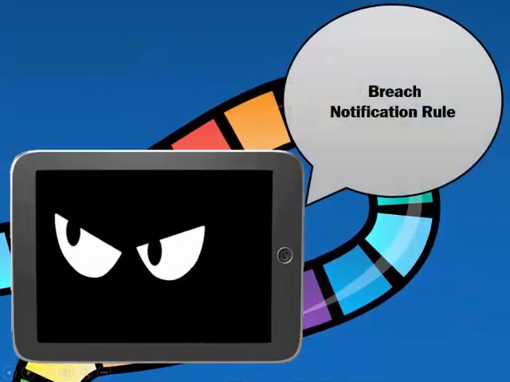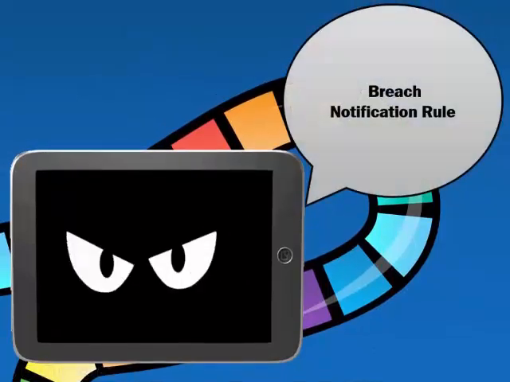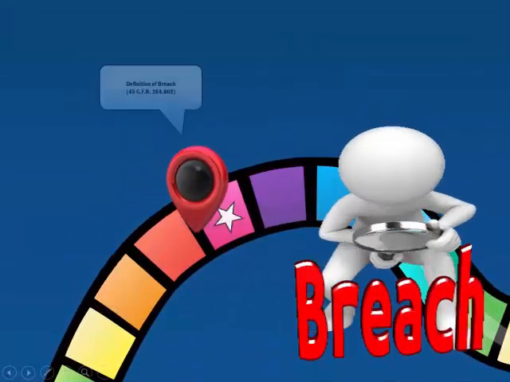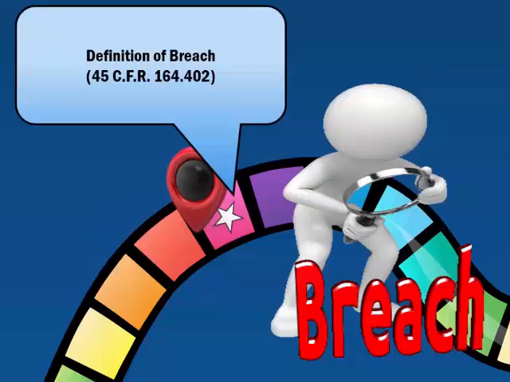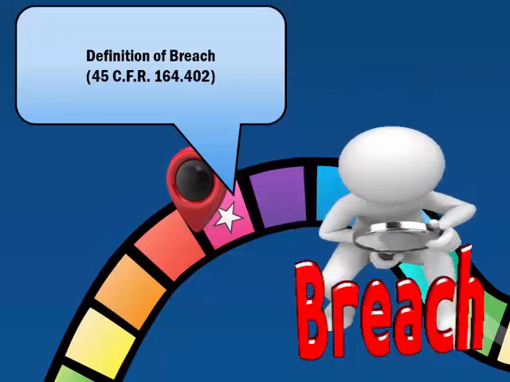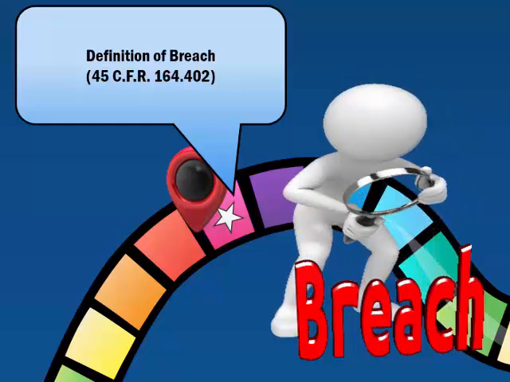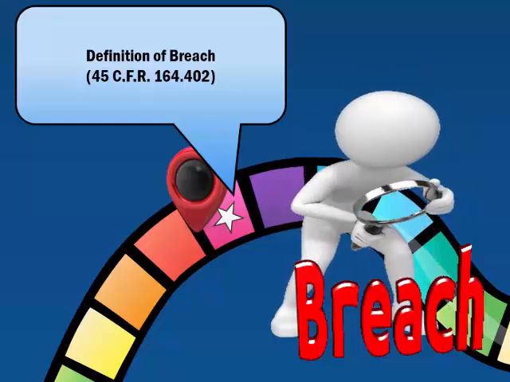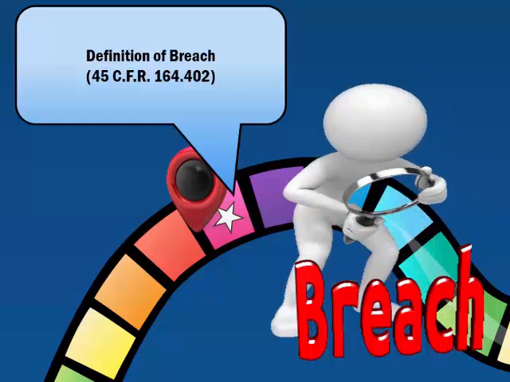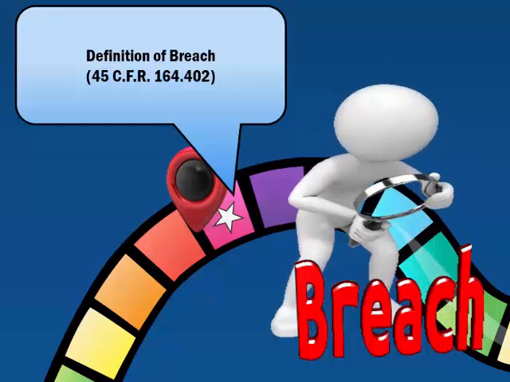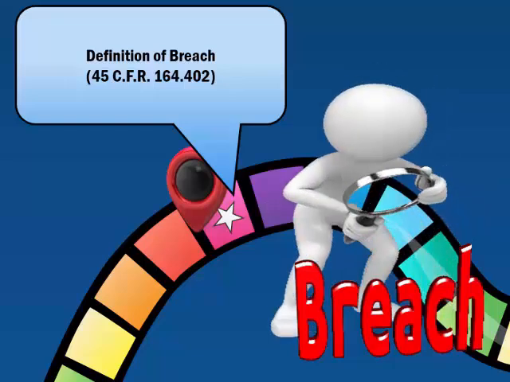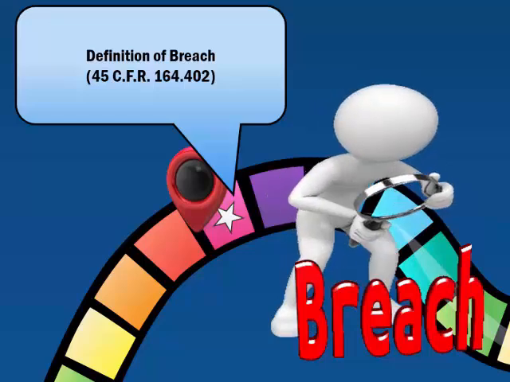This section will focus on the breach notification rule. Impermissible use or disclosure of unsecured PHI is assumed to be a breach unless the department is able to demonstrate that there is a low probability that the PHI has been compromised. This occurs through an investigation and risk assessment conducted by the department's privacy officer. All staff are required to participate in any privacy investigations.